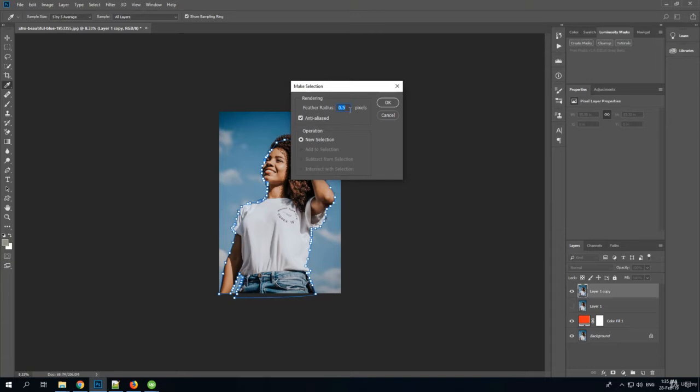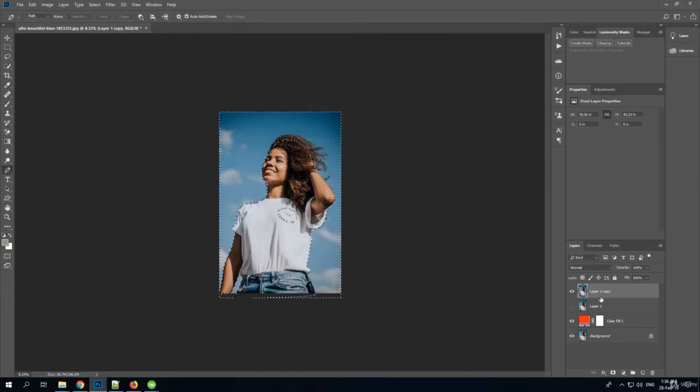differently for different pictures. If the selection that you are making is around an object that has sharp edges, you should pick either 0 radius, maybe 0.2, 0.3, 0.5, or something like that. And if the image has blurred edges, you should set this bigger, maybe 1 pixel, 1.5, depending on how blurred the edges are on the original image. In this case, I will use 0.5 pixels,